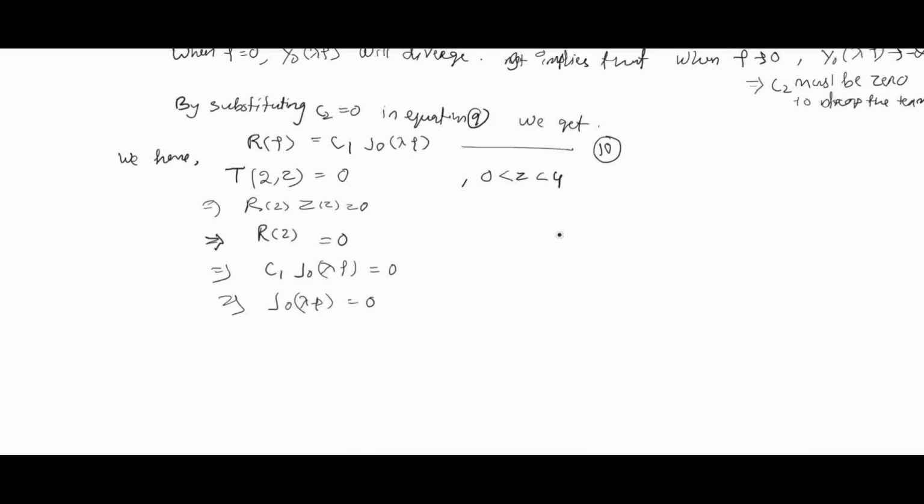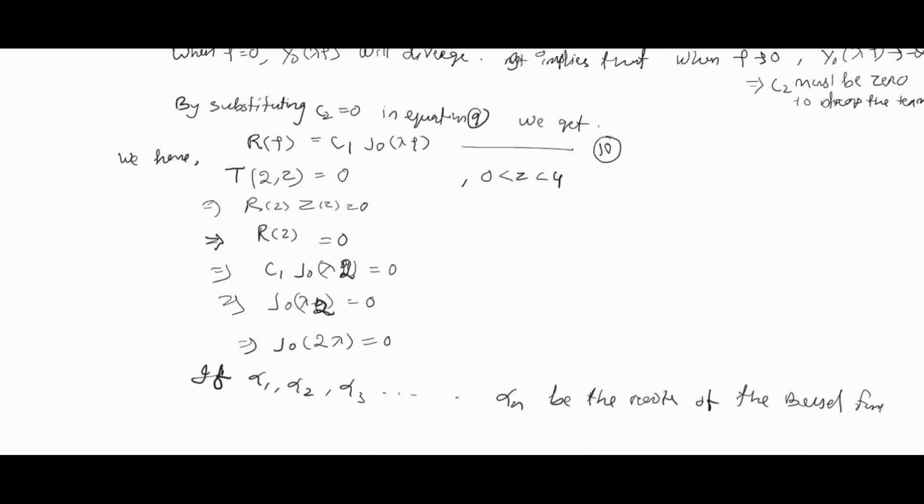So if R2 means this one is 2. This is not rho, this is 2. So J0 2 lambda is equal to 0. This we got. Clear? Next, if alpha 1, alpha 2, alpha 3, dot dot dot, alpha n be the roots of the Bessel function,